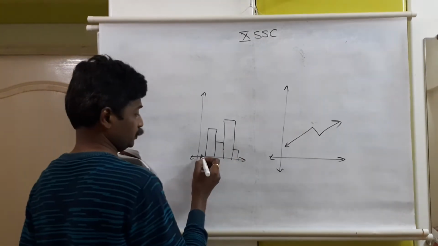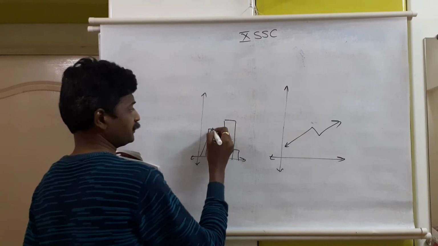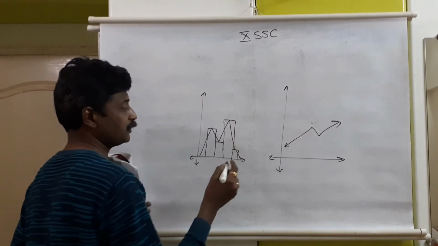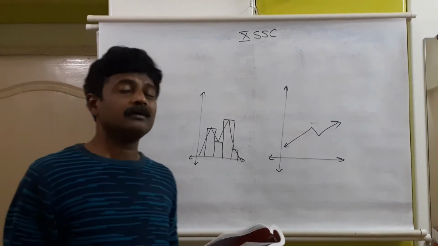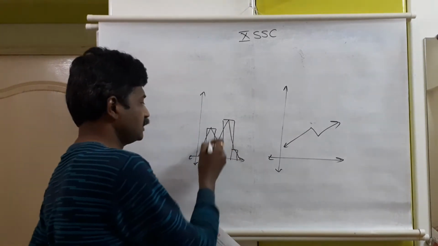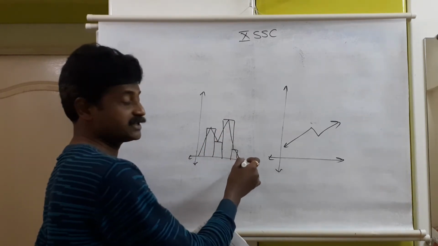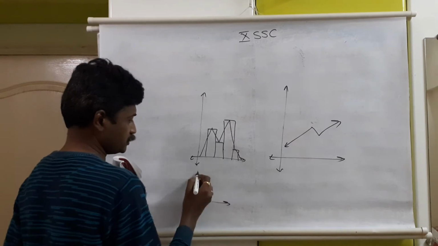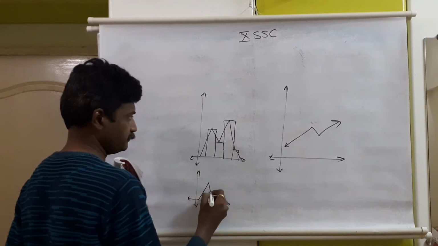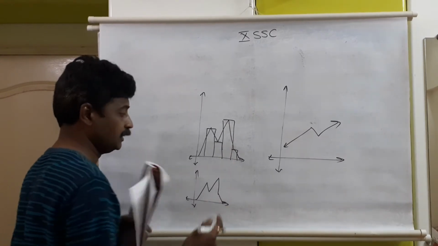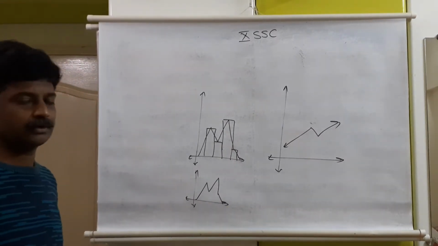Two methods are there. With the help of a histogram means the centers are joined here, and that is the frequency polygon. When a histogram is not considered, only the midpoints of each class will be considered, and then joined. See, it can come in this way if it is without a histogram. So it is a frequency polygon without a histogram.